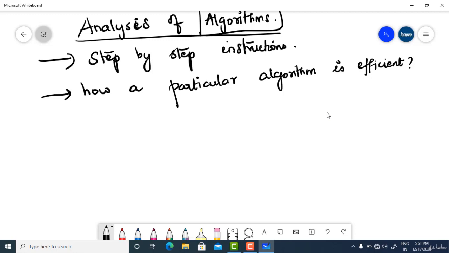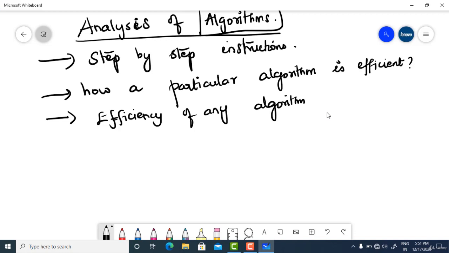The efficiency of any algorithm is measured in two main terms. One is time, another one is space.